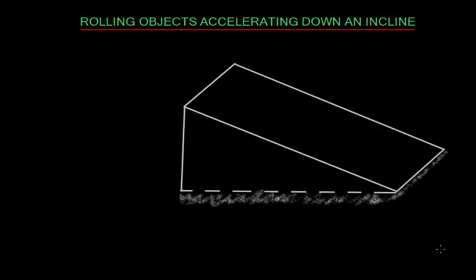After we have learned how objects roll and how the speed of a sliding block compares to the speed of a rolling object, let's now learn about the main factor that controls the speed of the center of mass of rolling objects. As an example, we are going to compare the speed of a uniform solid disk to the speed